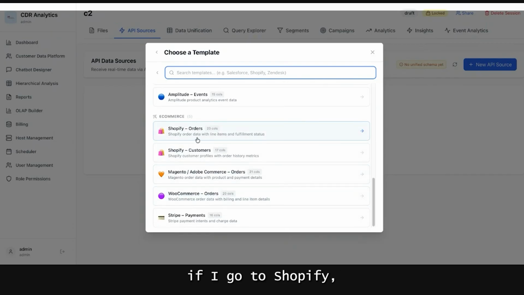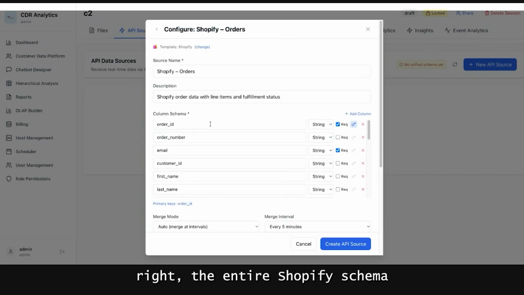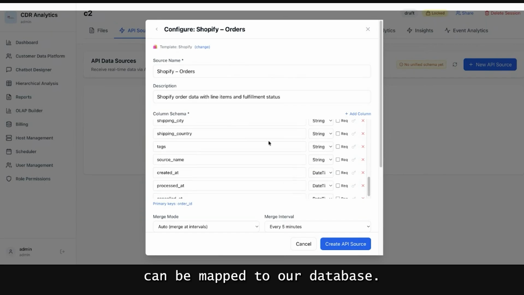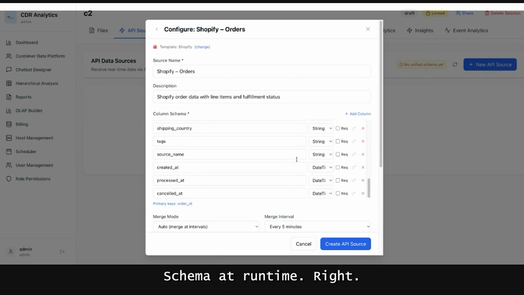If I go to Shopify, for example, the entire Shopify schema can be mapped to our database schema at runtime, right? So I can create an API on the fly. What do you mean by that? For example,